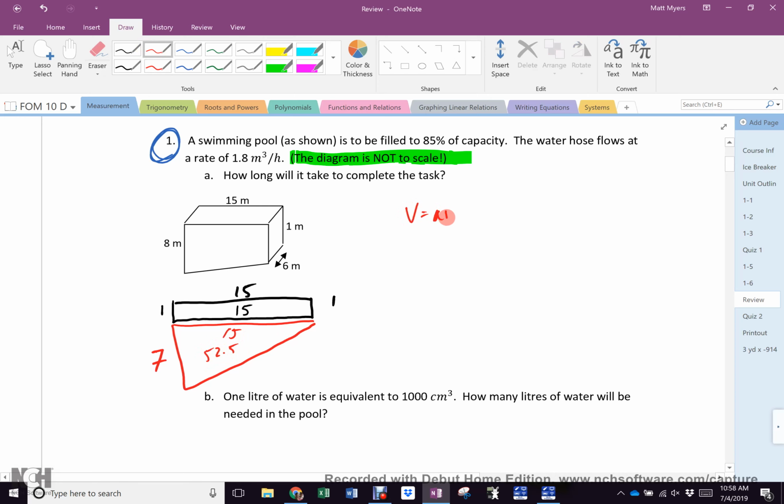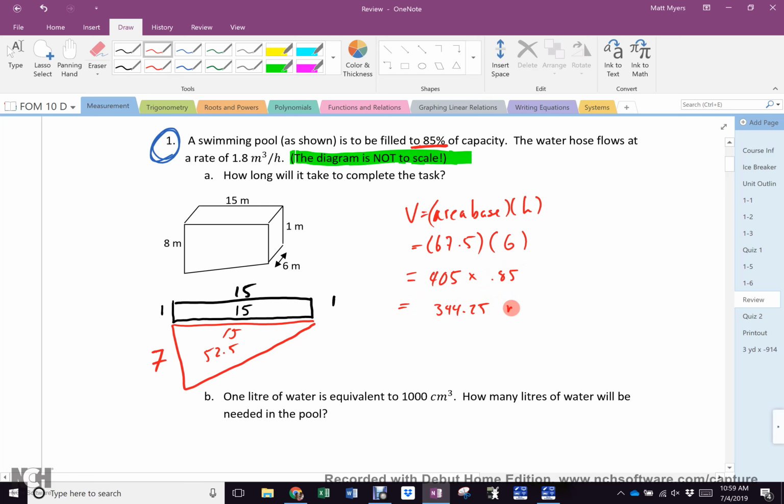So the area of the base, volume equals area of the base times the height, is 52.5 times 67.5 times the height, which is 6, which is, if I'm not mistaken, 405. But I'm only filling the hose to 85%. So I have to multiply that by 0.85 to get